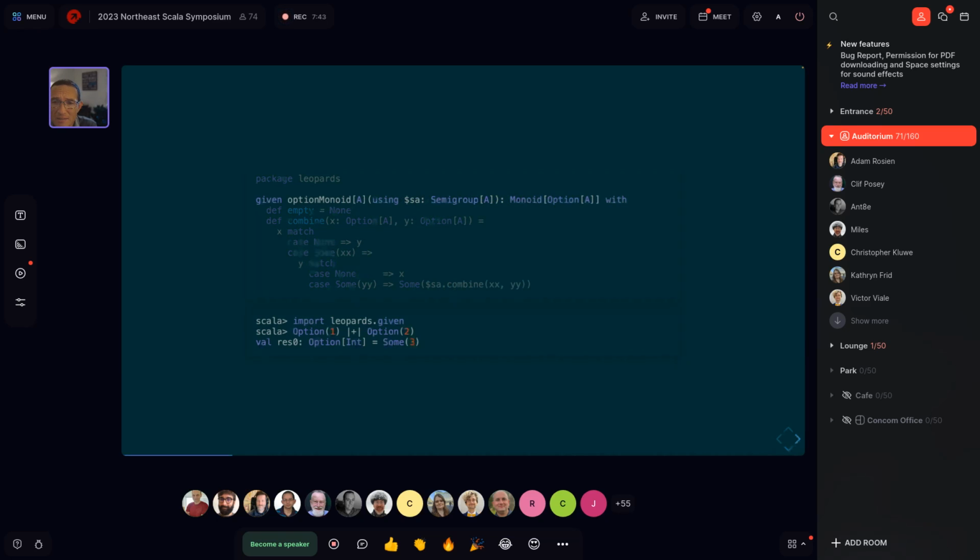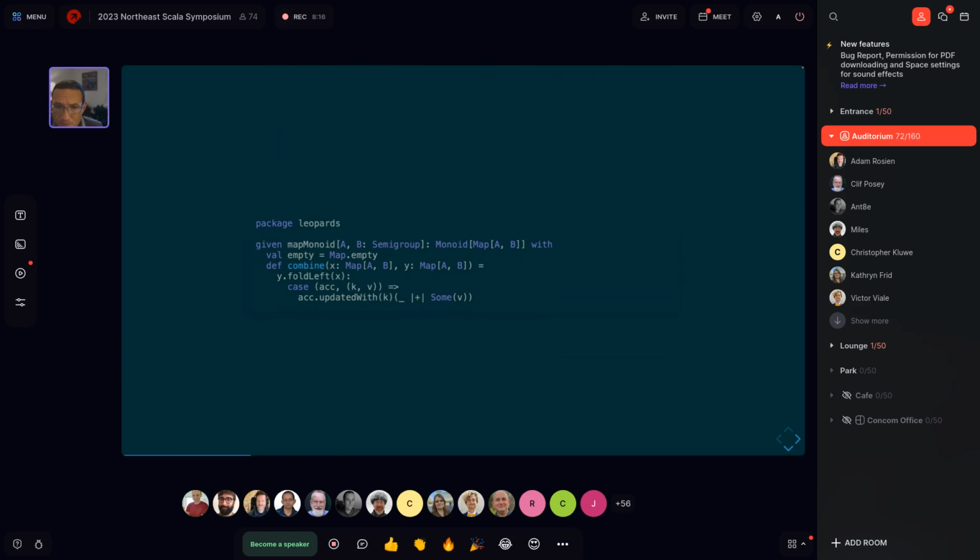If we expand the context bound into a using parameter clause and give that semigroup instance a name, $SA, then we can look at how the compiler will inline the definition of our operator. It's just going to call $SA.combine, essentially. And if we looked at bytecode and worked backwards from there, we'd see that there is no overhead from that operator.